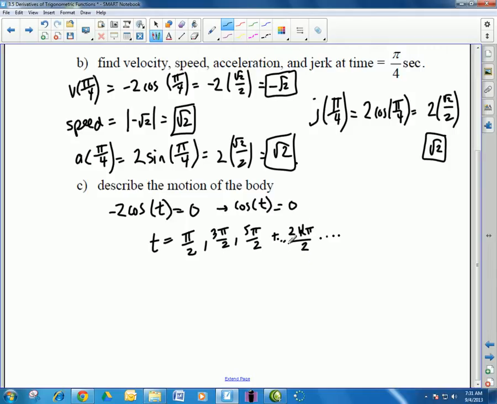And so that's where it's going to be equal to 0 at every point of there. That means it's going to be turning around. So you would describe this as the body changes direction. So you would write this down: Body changes direction